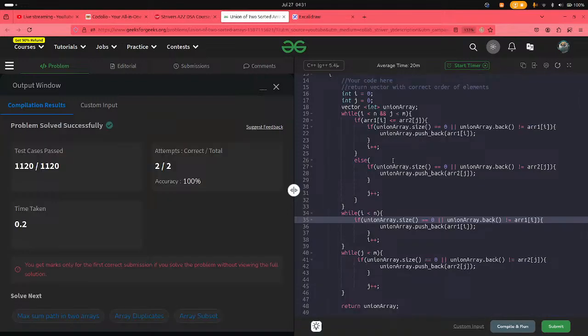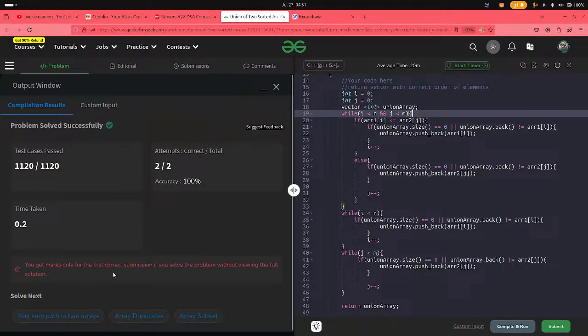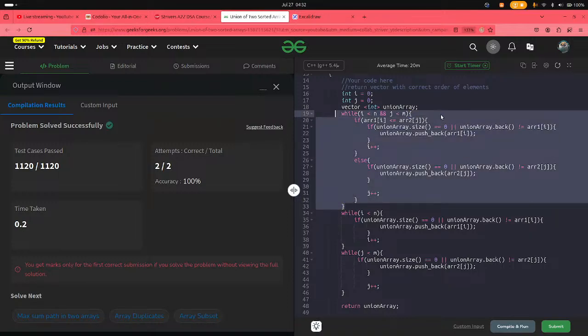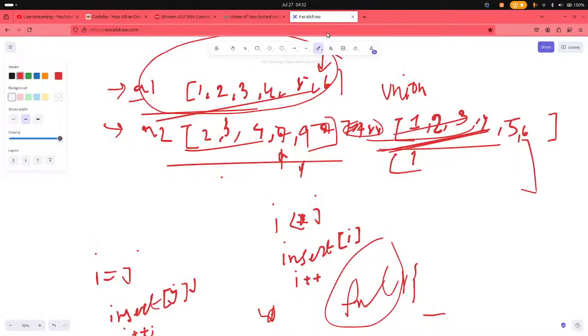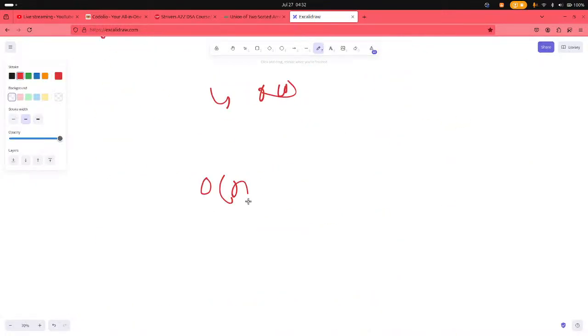Okay, let me check the complexity, the important stuff. As I have submitted the first time, I will not get points. So the first while loop, what will be the complexity? It is going through the arrays of n1 and n2. So it is actually merging them. So the time complexity will be big O of n plus m,